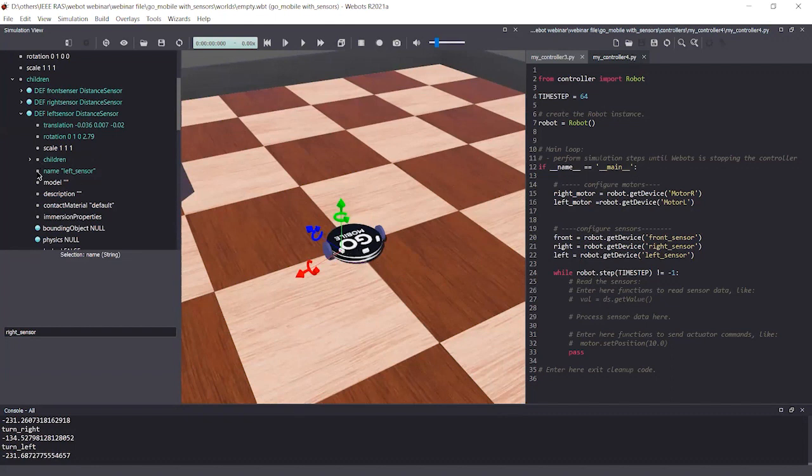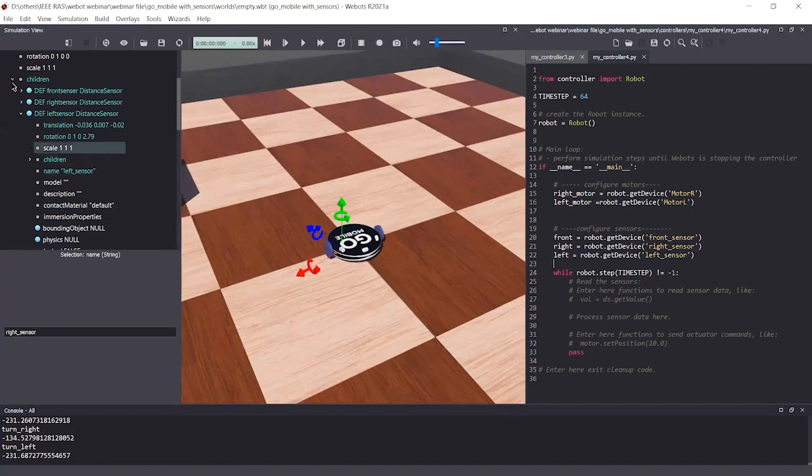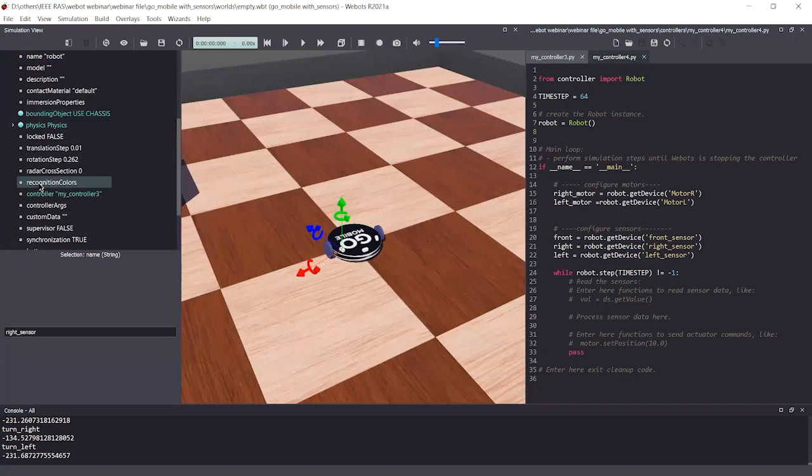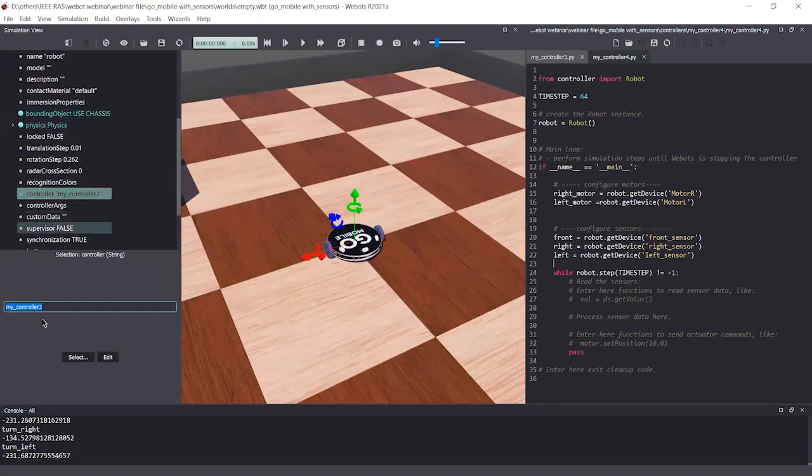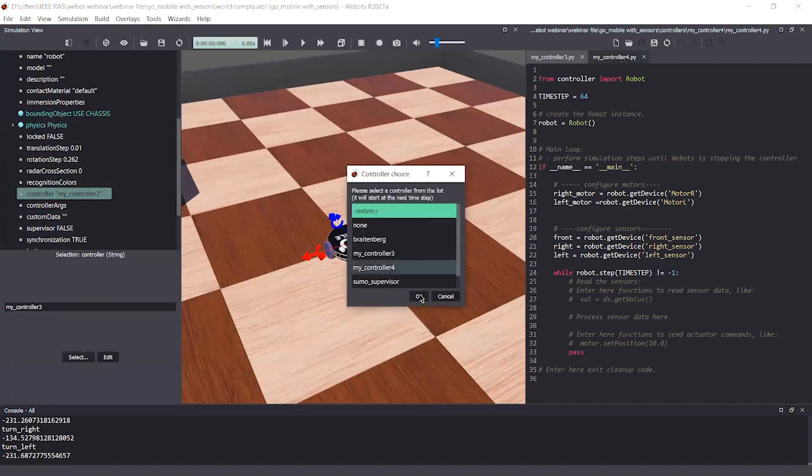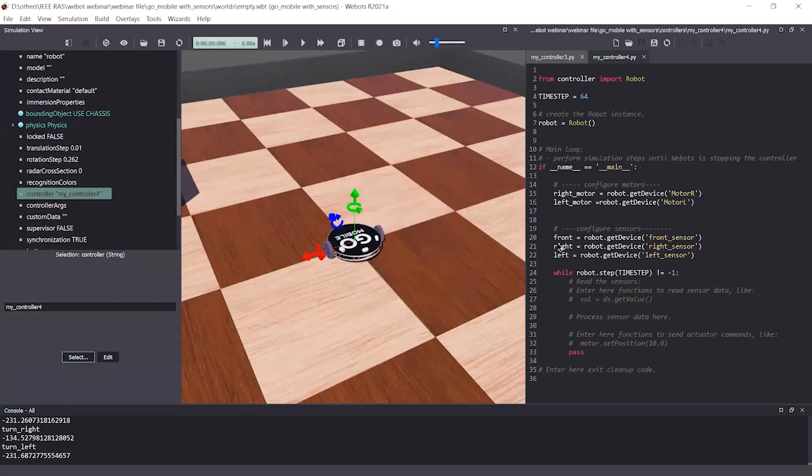To do this, under this robot node, you have a node called controller. Double click on this, and I'm going to select the controller code. Name is controller 4. Then press OK. Now the robot is connected to this controller code.